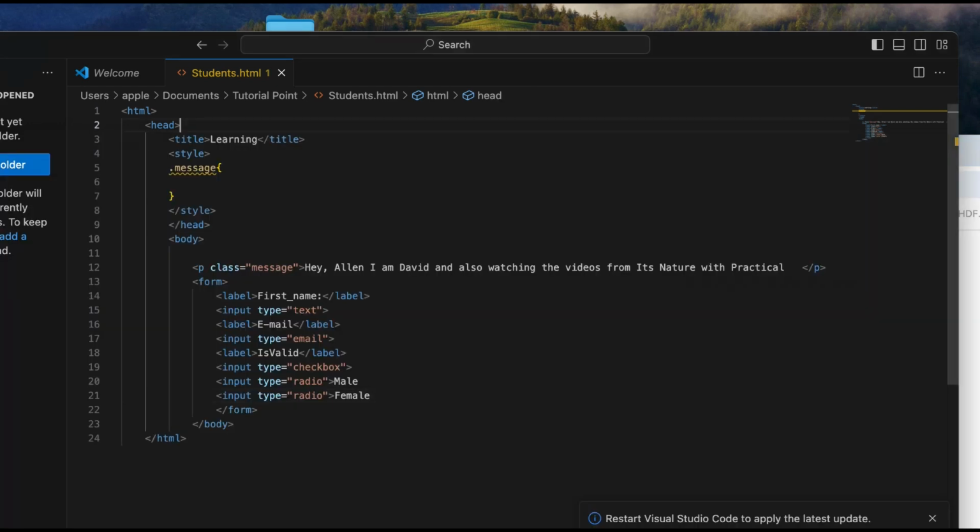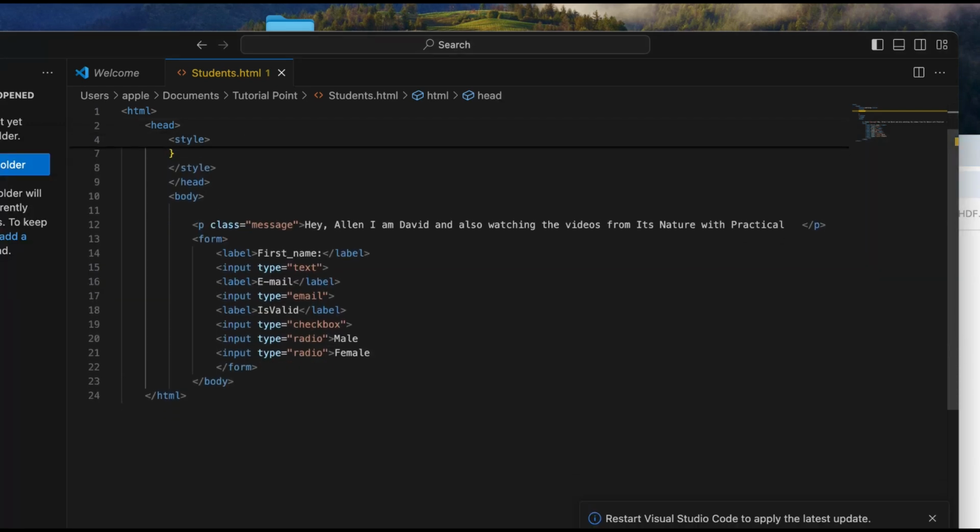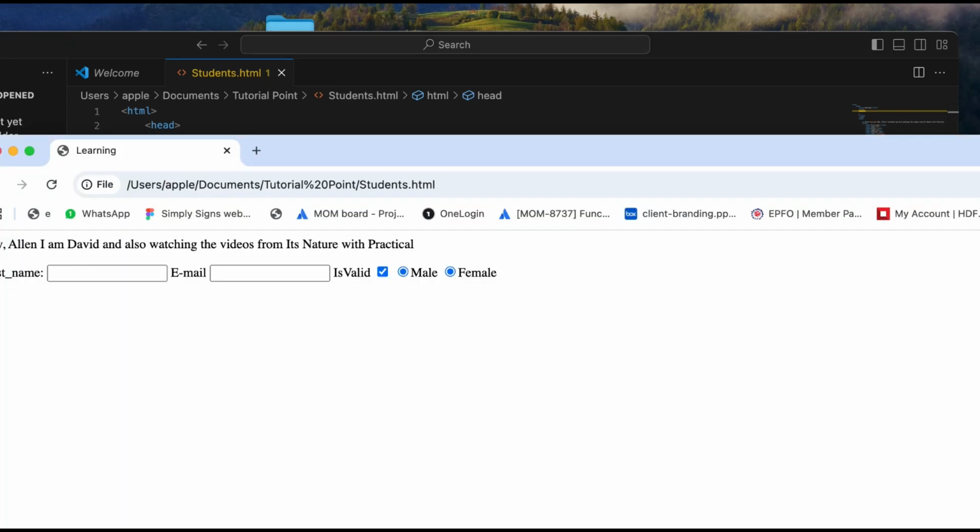Let me explain once again. We use input type in forms to create the application for submitting values, the user details as well. Okay, so next one,